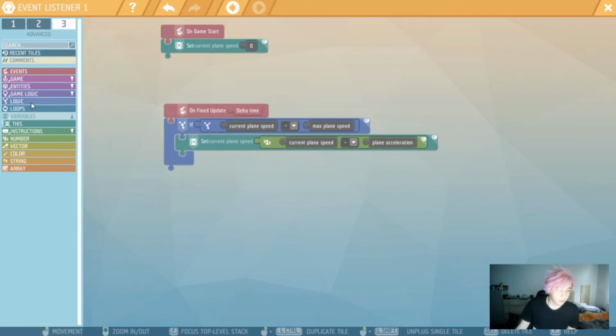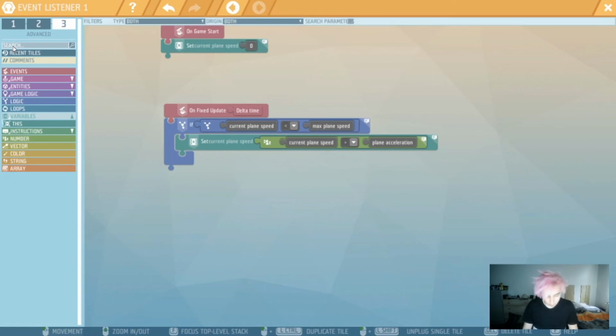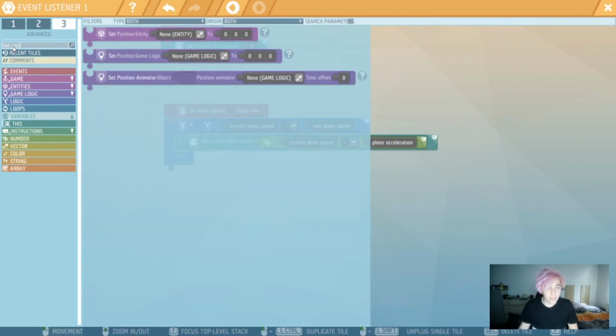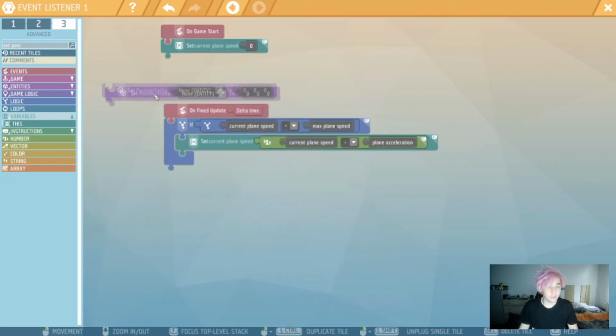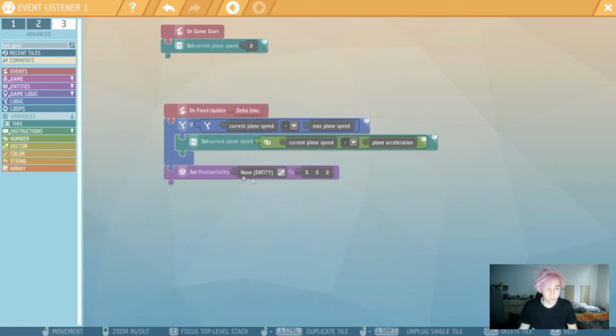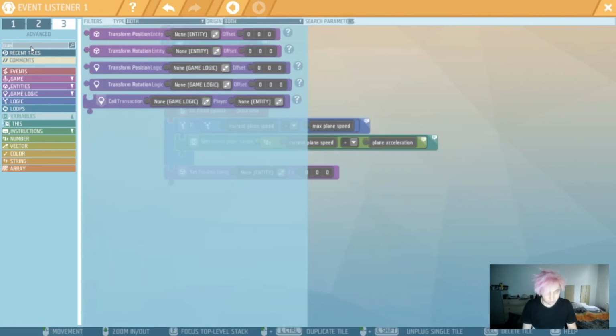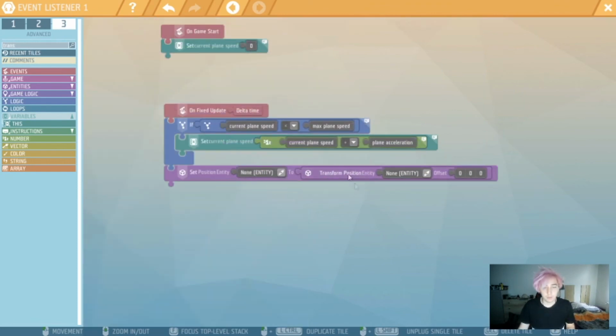Okay, so what is next? Next, we want to start moving our plane, and our plane will be moving every frame. Every time this is called, it's gonna move forward for a bit, right? So set position. And in this part, we are not gonna care about the custom inputs yet, because we are gonna use these inputs in the rotation bit. So